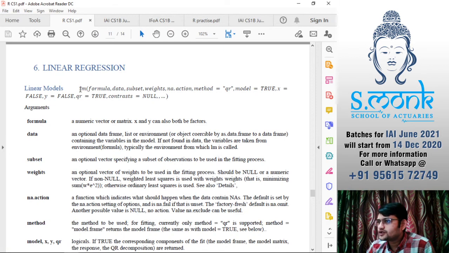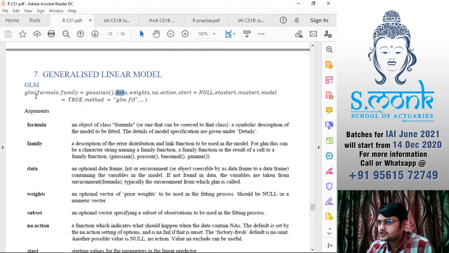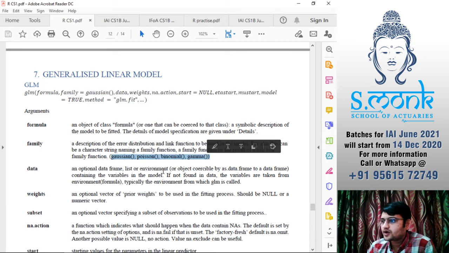Same thing you can do here with a multilinear model or GLM, actually generalized linear model. You will have a formula. Now the difference between a multilinear and a GLM model is just that a response can be from a number of different families. Response can have different distributions. We can have normal, Poisson, binomial, gamma. These are the four that we study, the most common four distributions. So you will specify family: Gaussian means normal, so you'll write Gaussian, or Poisson, or binomial, or gamma, depending on the question.